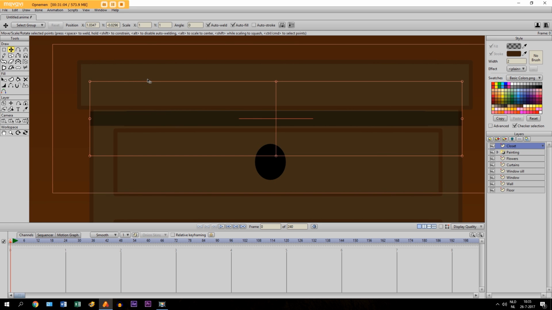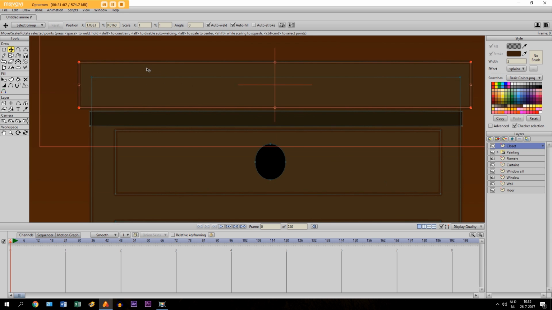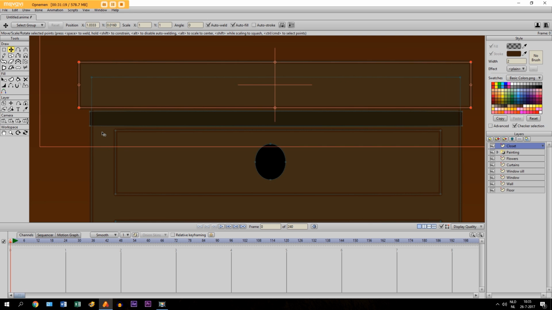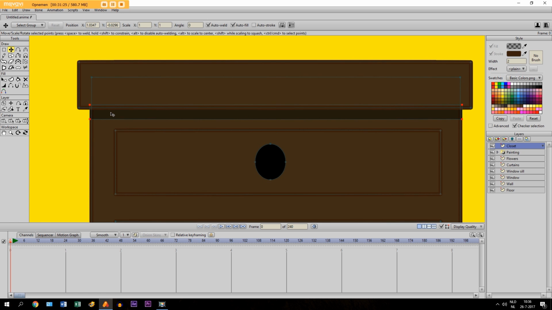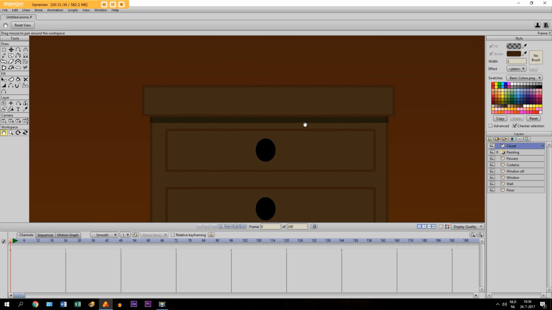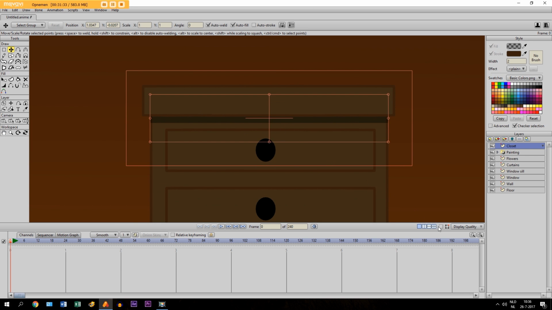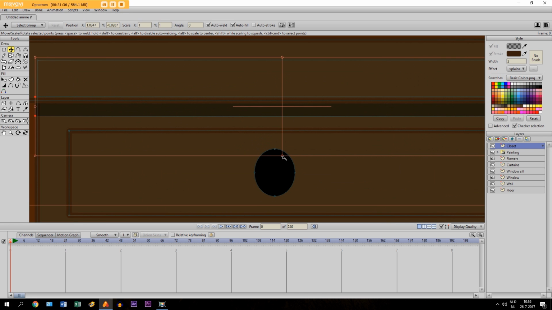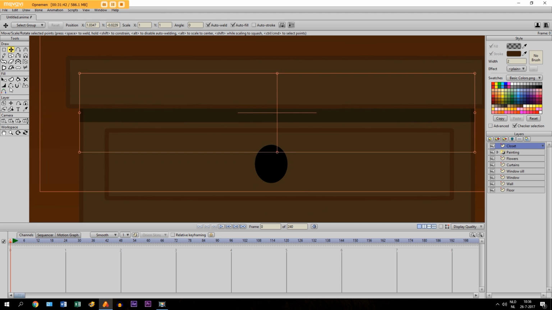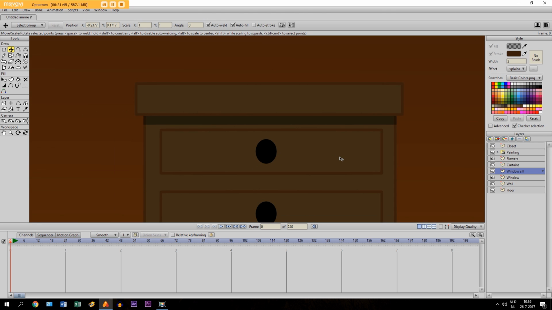Then maybe what I will do is take this object right here, since this shadow is going to be under this right here. We are going to click Control X, so it will be cut, and then we click Control V, so it will be pasted again, and that way if you move it, it will be under this right here. So now you have a shadow effect, and maybe I just make it a little bit bigger right here,